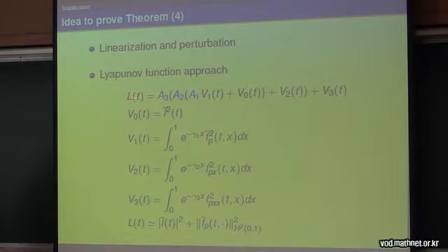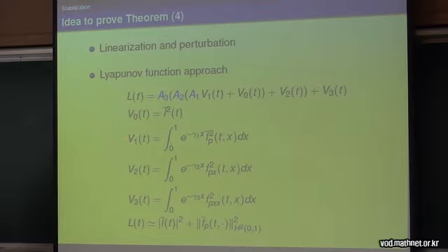So essentially, the Lyapunov function is a weighted H2 energy for Fp, the difference of Fp, and the square of Lt. The main idea is to prove that the derivative of Lt is strictly negative if you choose suitable constants A1, A2, A3, and gamma 1, gamma 2, gamma 3. And this kind of weighted L2